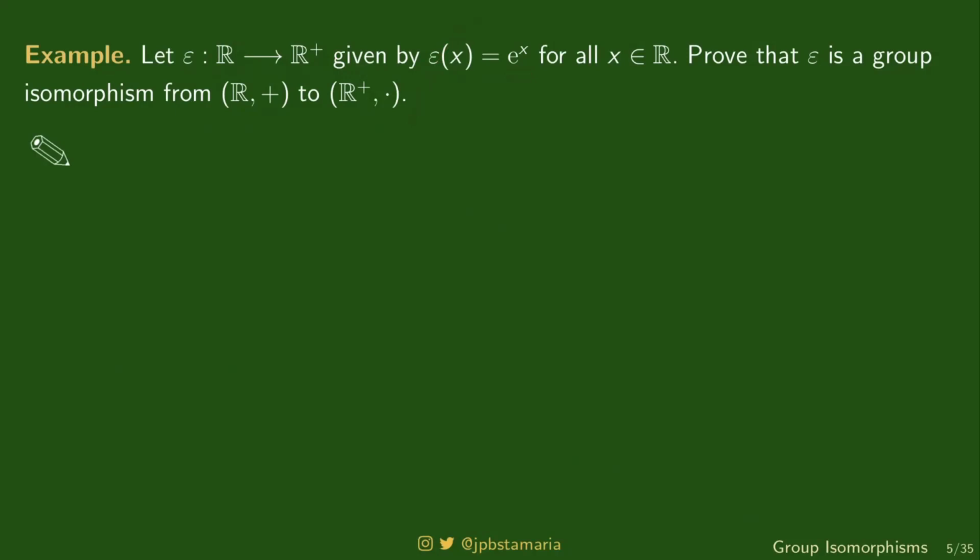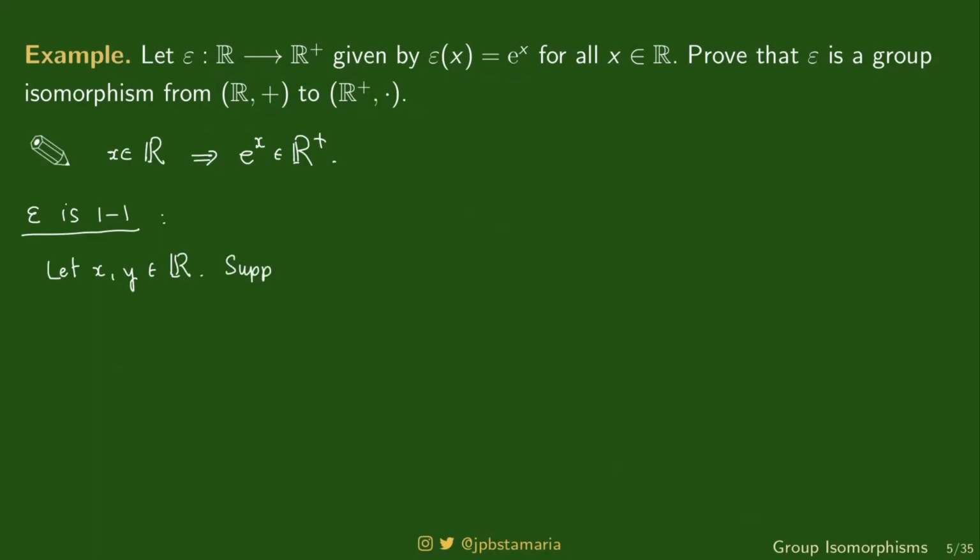So as you can see, kapag si x ay real number, yung e to the x talaga ay positive. Hindi yan nag-zero, hindi yan nag-negative, right? So, yan yung naisip kong function. You can check that this map is 1 to 1. Paano ko naisip na 1 to 1 yan? Kasi kapag kumuha ka ng dalawang real numbers x and y,